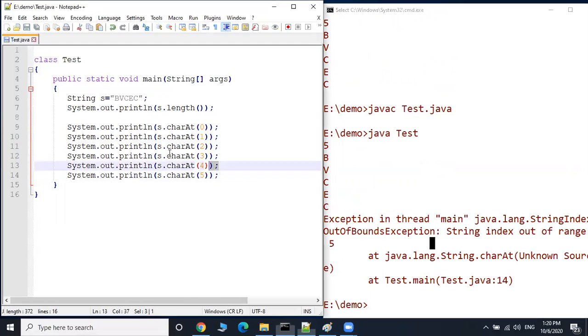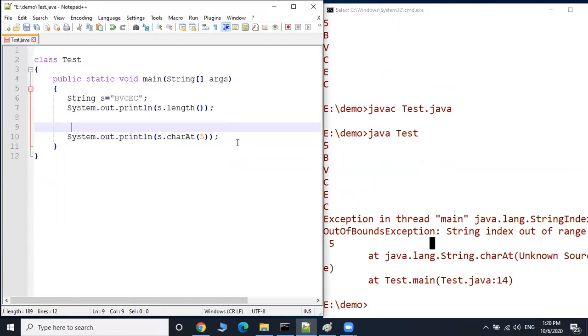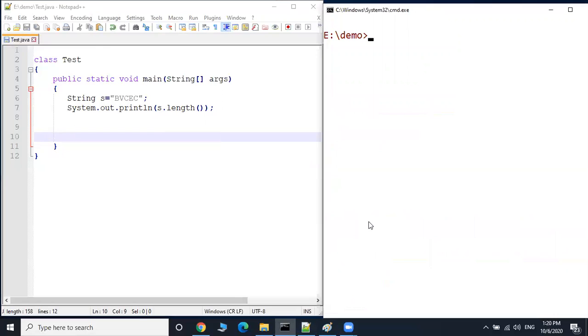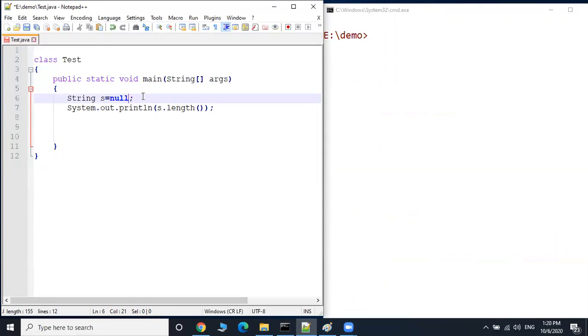But now the scenario here is null pointer exception. In the previous case the string is initialized, but here I am declaring the string as null, and I am trying to print the length of the string.